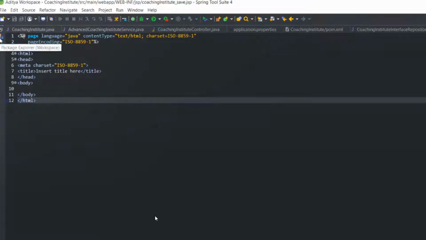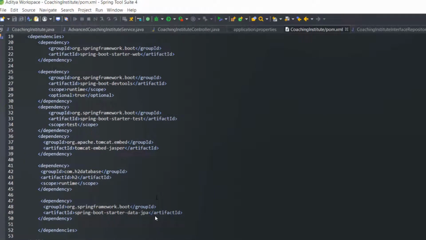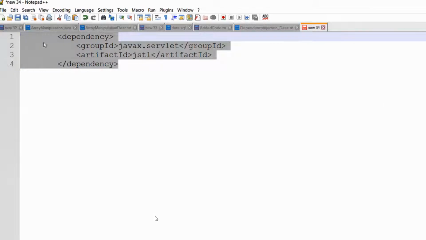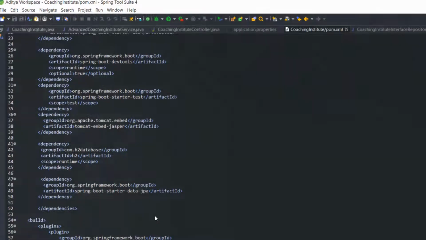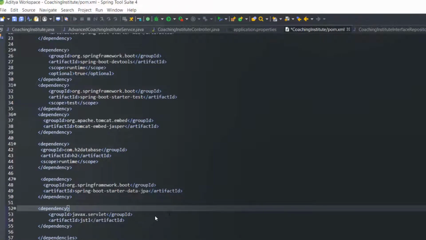I'm just copy-pasting the code here. But before copy-pasting the code, I have to add the JSTL dependency inside pom.xml. Otherwise, our code will not work, because I've used some JSTL tags also.